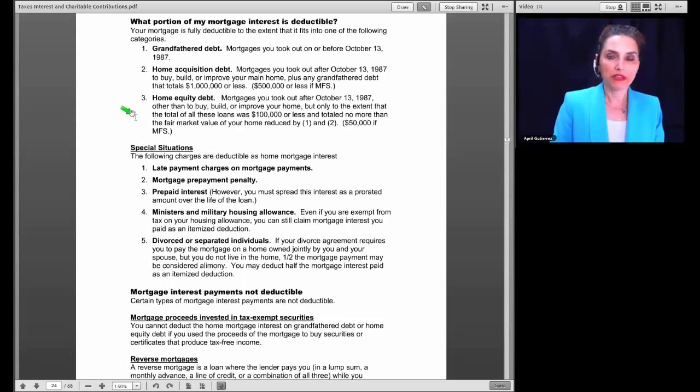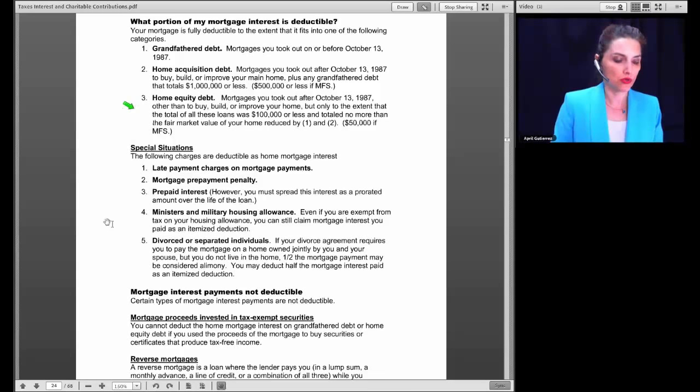And finally, home equity debt: mortgages that you took out after October 13, 1987, other than to buy, build, or improve your home, but only to the extent that the total of these loans was $100,000 or less and totaled no more than the fair market value of your home, reduced by 1 and 2. So the following charges are deductible, though, as